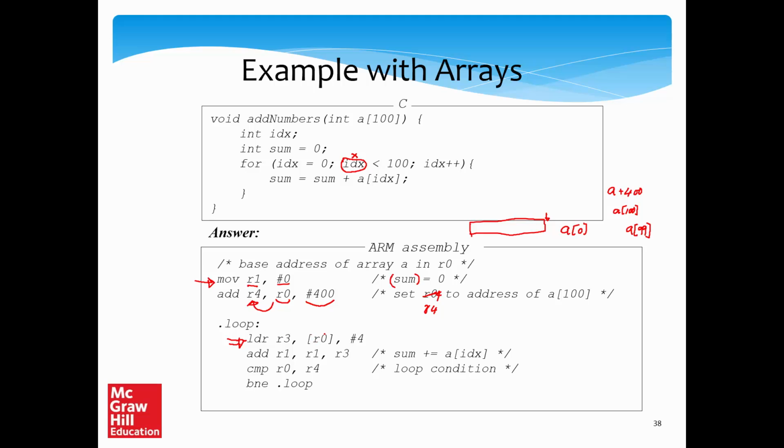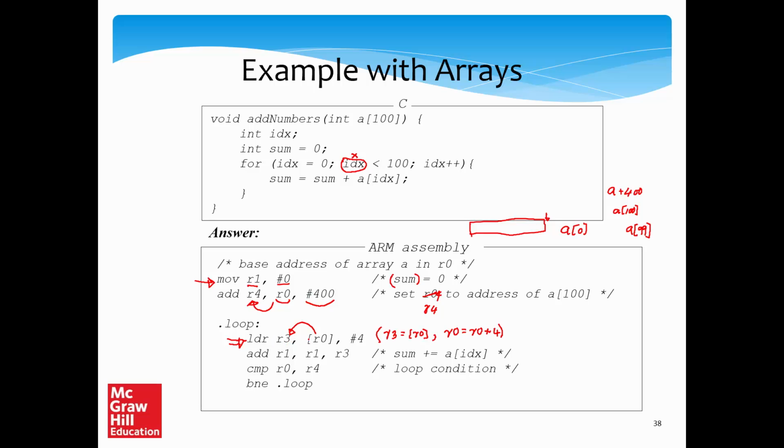where R0 contains the base address, so we start and access R0. The value is transferred to R3. Subsequently, we increment R0 by 4. So all of this will be done by this instruction. What this instruction would do is set R3 to the memory contents where the address is in R0, and then it would set R0 equals R0 plus 4, and this is the crux of